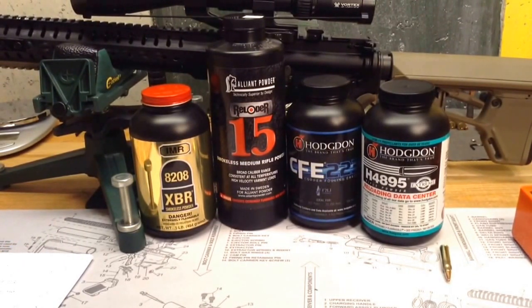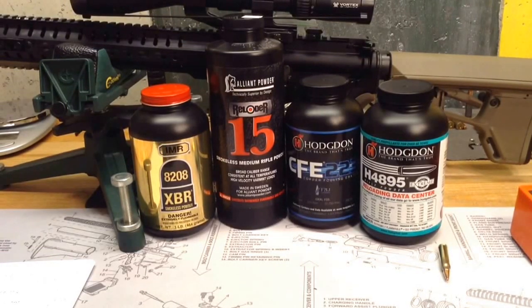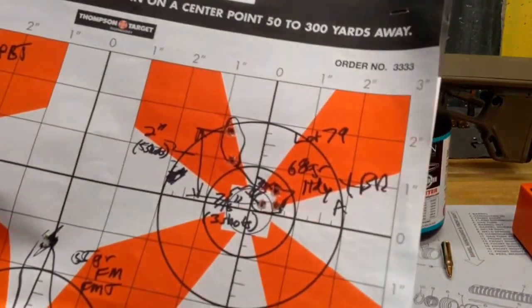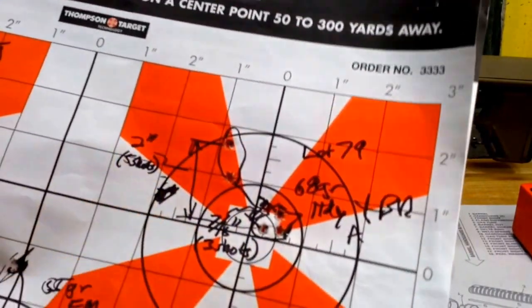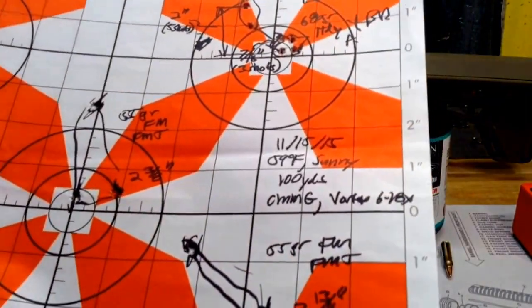I really expected great things out of this powder because I've gotten very good accuracy out of my son's 243 with it. And I've always heard good things about it. So I started with a charge weight of 21.5, and at 21.5 grains, 3 shots went into 7/16 of an inch, but 5 shots opened up to 2 inches. So again, questionable whether that was shooter or...